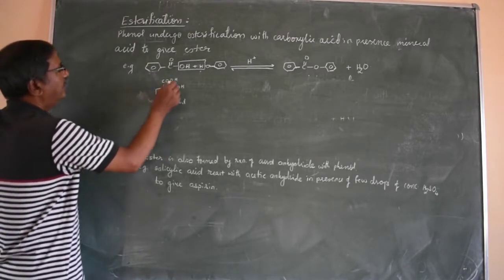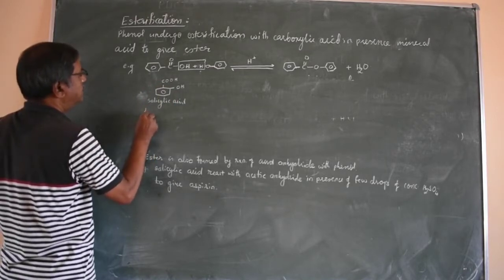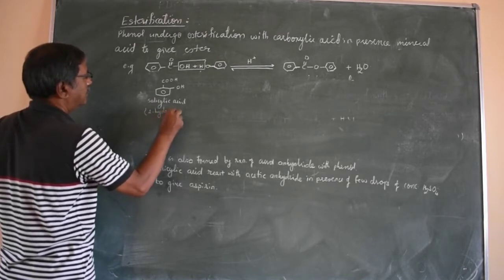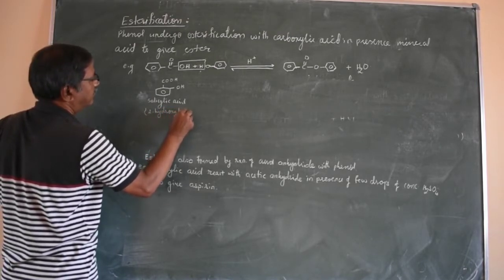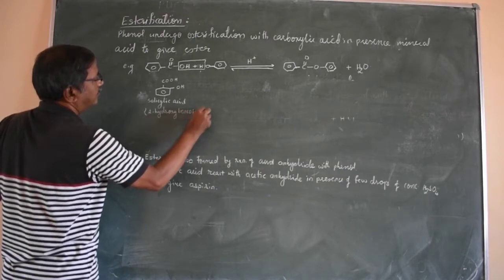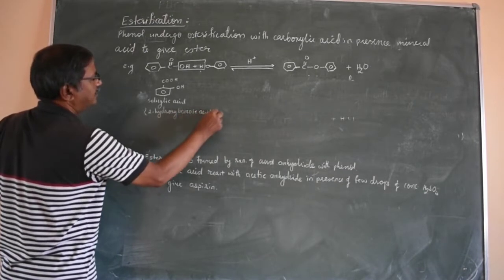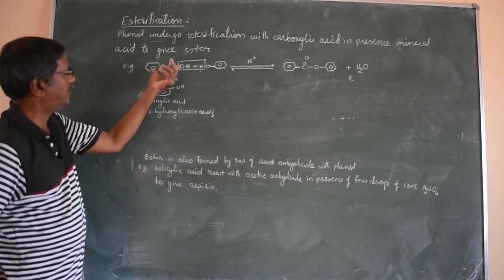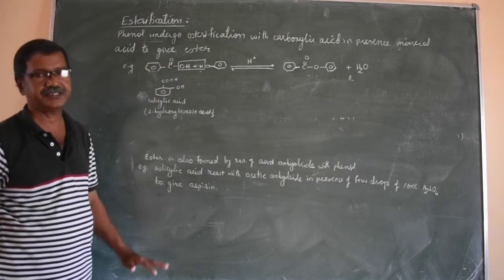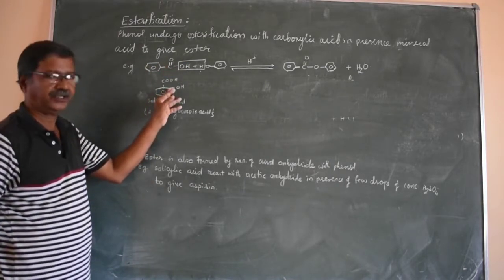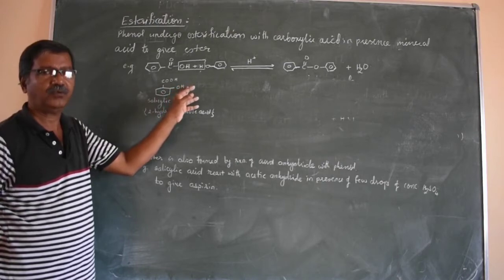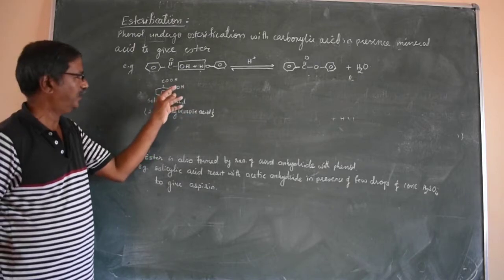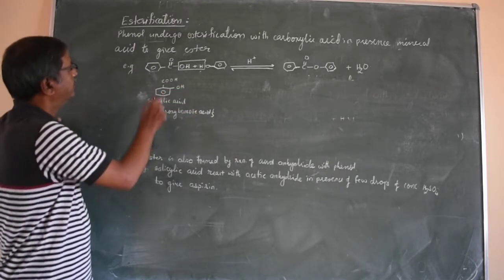Well, the IUPAC name of this compound is 2-hydroxybenzoic acid. Why is it called 2-hydroxybenzoic acid? Because we know this is called benzoic acid, C6H5COOH. Then one hydrogen on the ortho position is replaced by OH. It's also called ortho-hydroxybenzoic acid. One hydrogen is replaced by OH. So it becomes